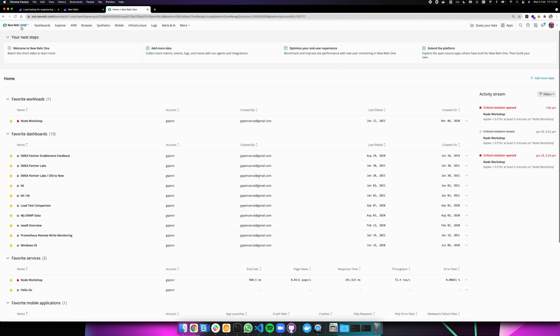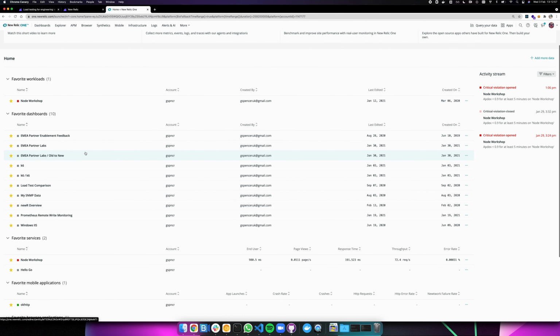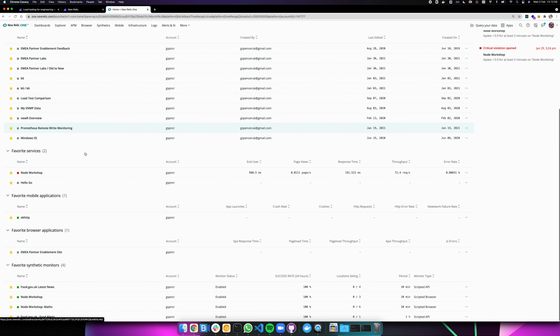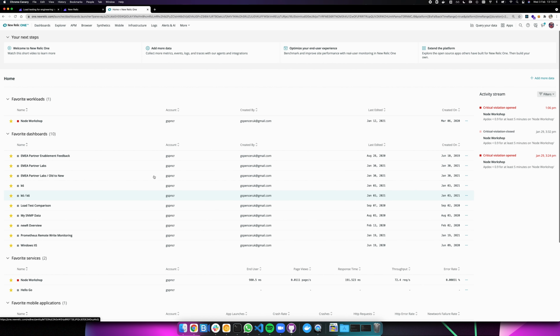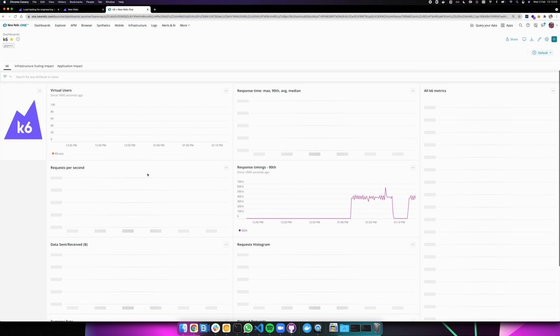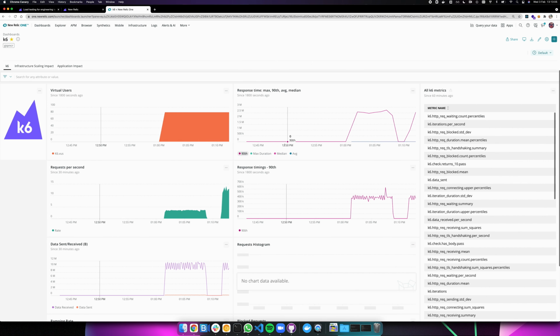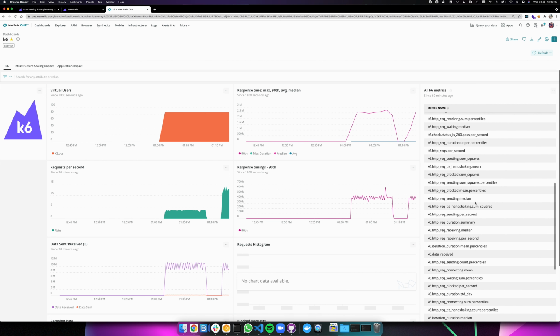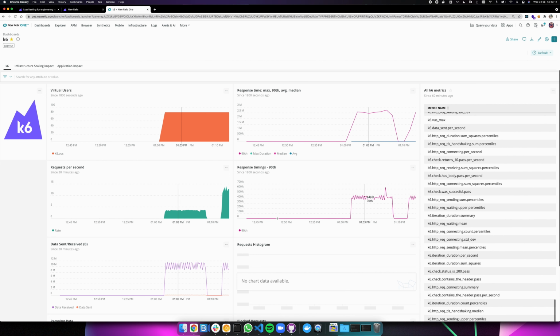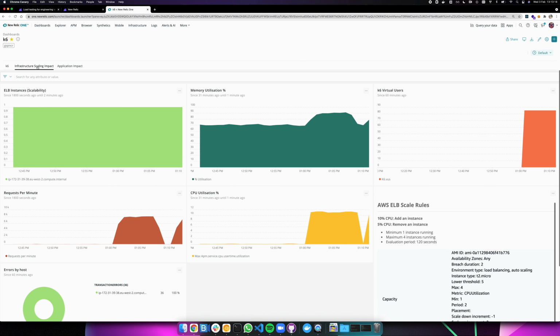So if I go back to the home page of my account, and if I click on my pre-prepared dashboard, here I can see a visualization of all of my metrics, and at the right hand side I've put together a list of the metrics that are available. What I'm also doing in my test is putting together the K6 metrics side by side with some of my metrics from APM. So here I can see my virtual users alongside the requests per minute as they're coming in,